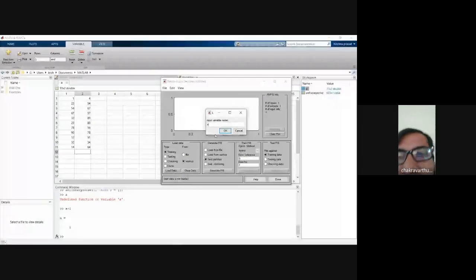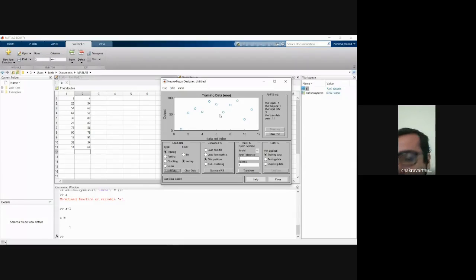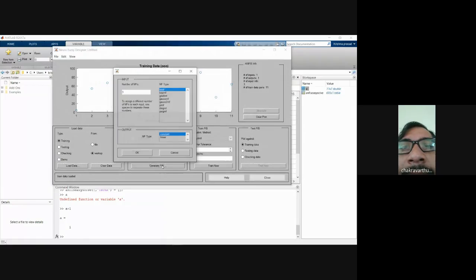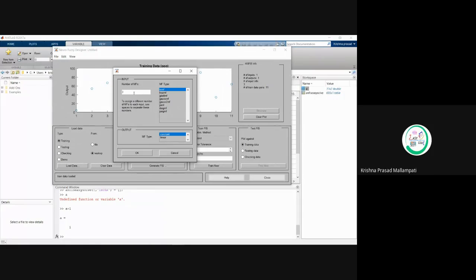Before that, I'm going to explain the background that has been working in this ANFIS. By this time, the data is loaded, sir. Yeah, data is loaded now. You just see the data that has been already loaded. If you observe there, it is going to show how many input variables and how many output variables we have uploaded. Just click on generate FIS system. Give membership function 3, and triangular membership function. Select triangular membership function, first one, and then click on OK.